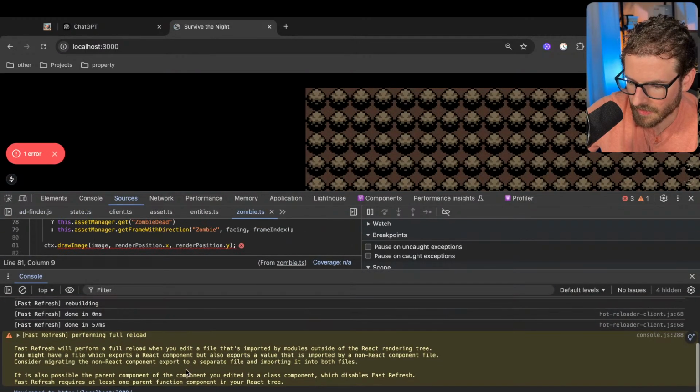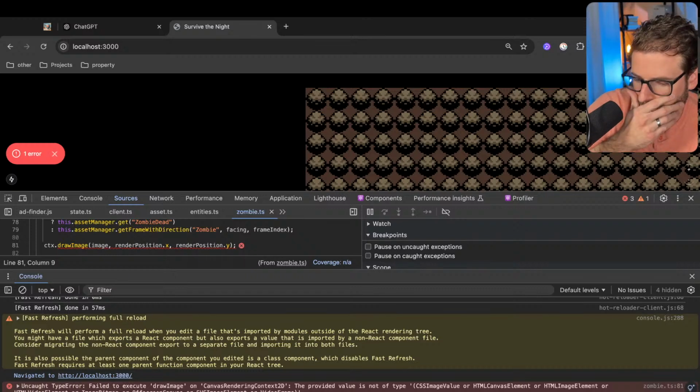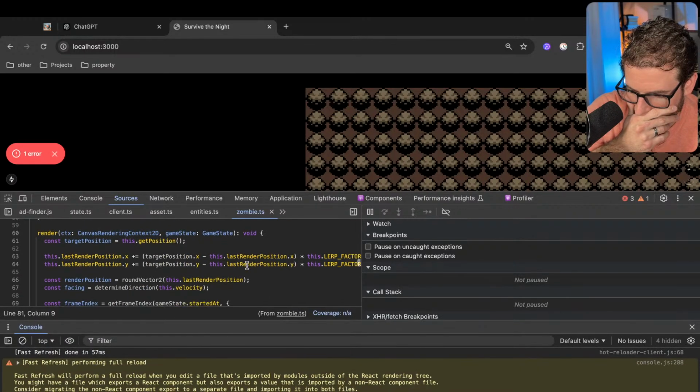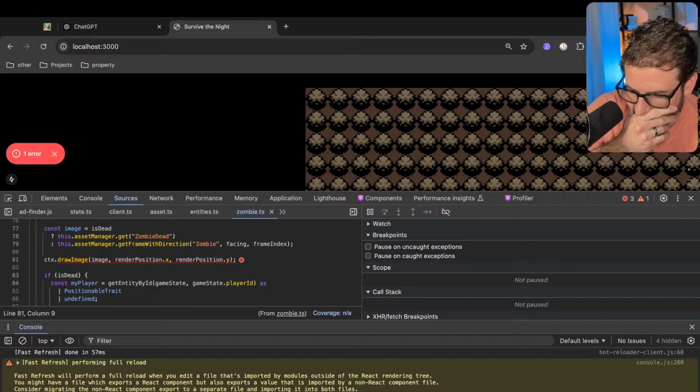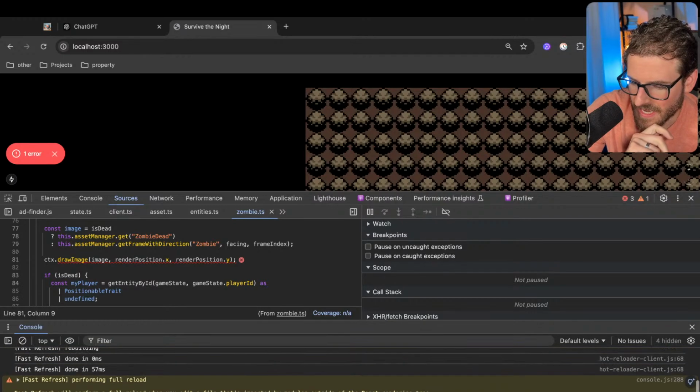Why can that not draw the image? Failed to execute drawImage: the provided value is not of type. So it's almost like I can't load the images.